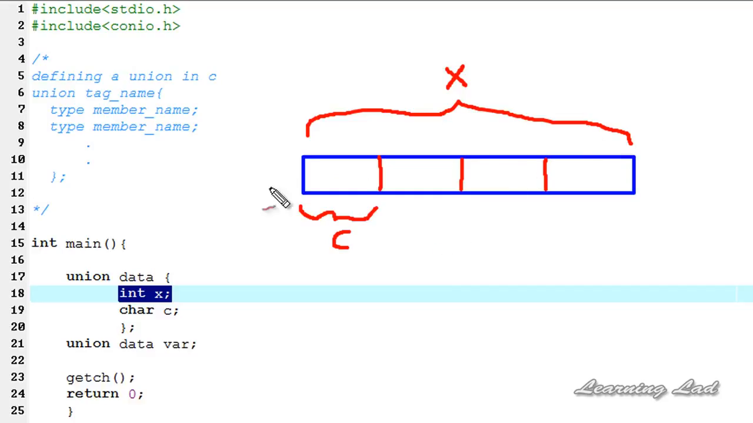Because of this, with unions you can store information in only one field. Either you can store the information in variable x, or you can store the information in variable c. If you try to store the information in both these variables, the data will be overwritten, and the information will be corrupted. So now